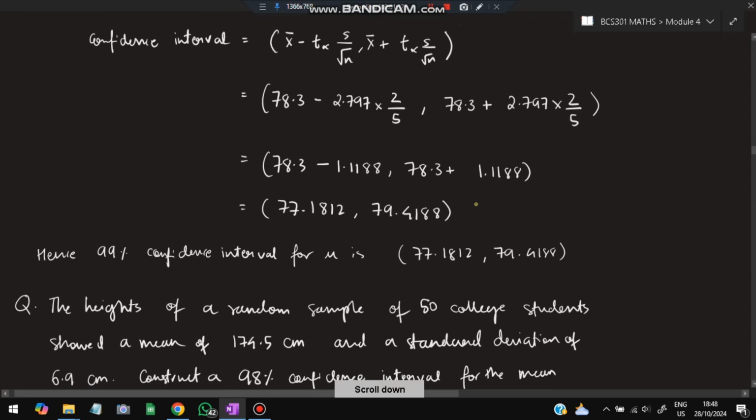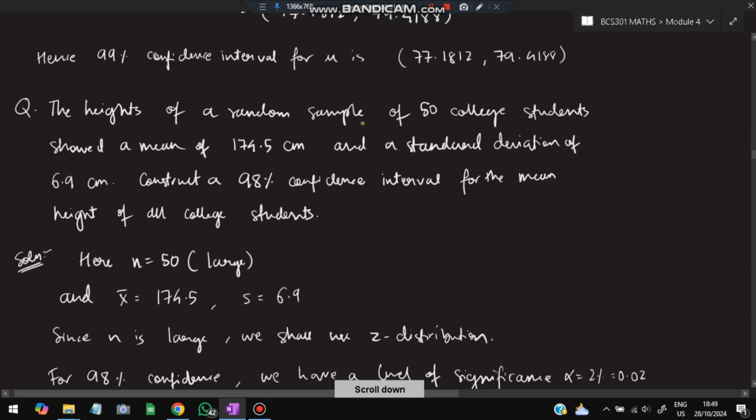Okay, let's have a look at a similar question. The heights of a random sample of 50 college students show a mean of 174. So n value is 50 and 174 is the x bar value. Standard deviation is given as 6.9, so s is equal to 6.9. Construct a 98%